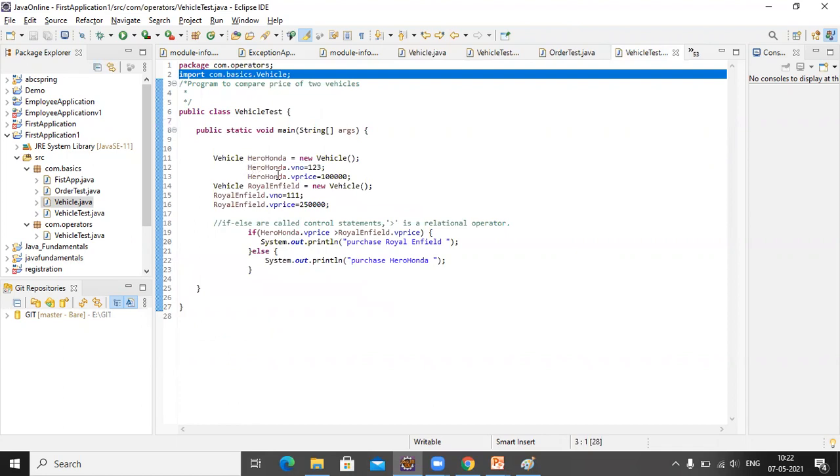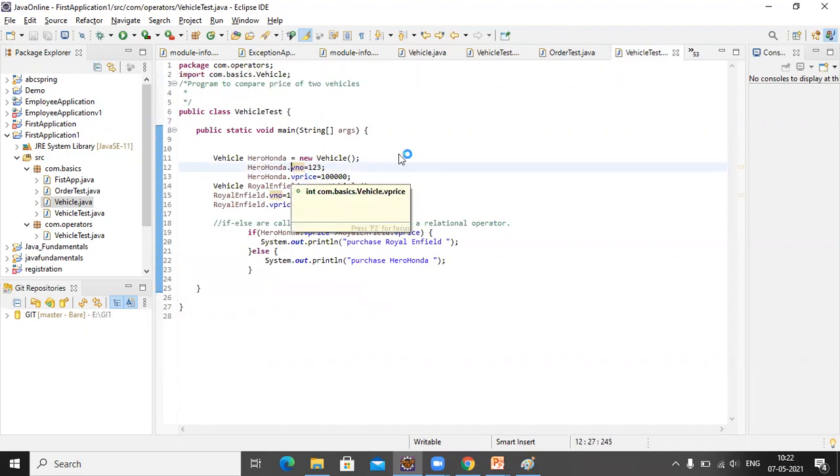So here I have a vehicle number and vehicle price, and using these details I am comparing which vehicle to choose. Okay, now here we are utilizing a relational operator. Okay, let me execute this.